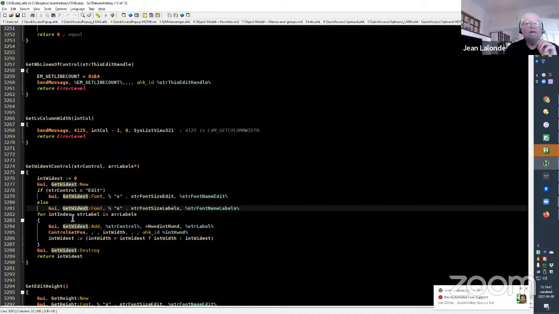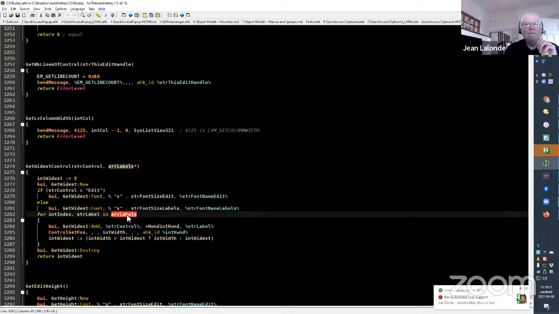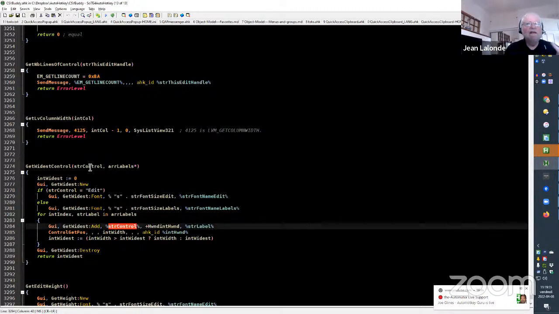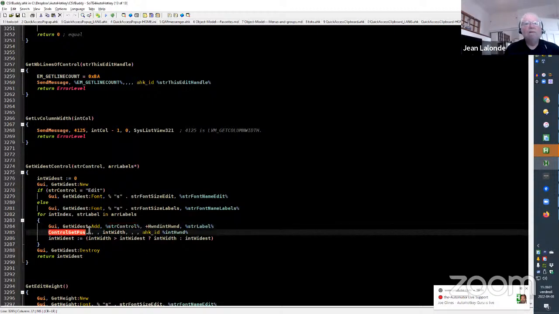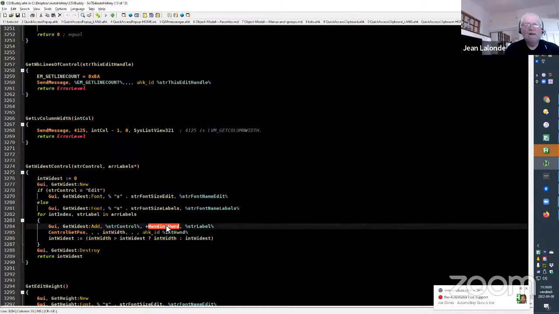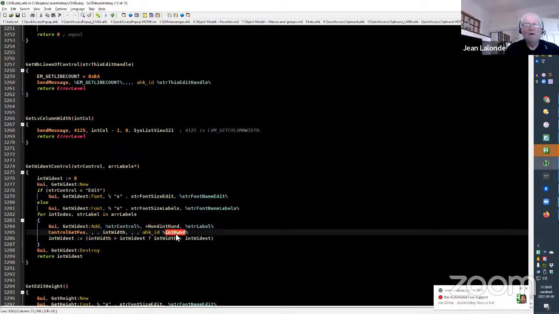So I set the fonts, and then for each label in the array, I create a control which is edit or text or checkbox. And then the next line, I'm getting the width of this control. I'm using the handle of the control to get the information here. And if the width of the first control is larger than 0, I keep it.